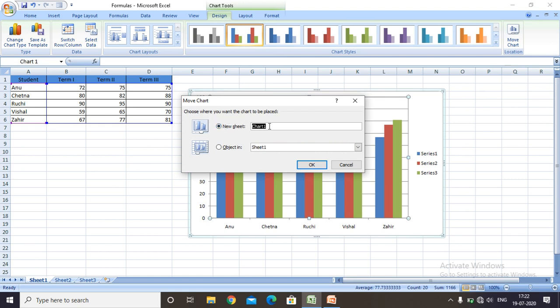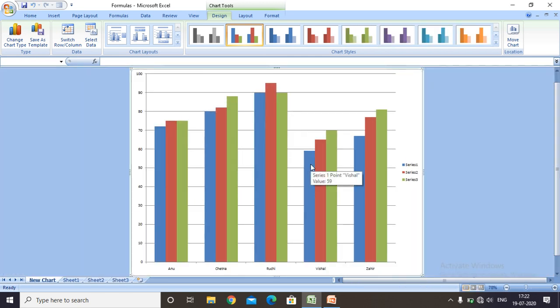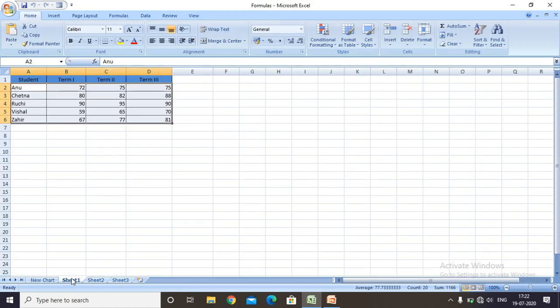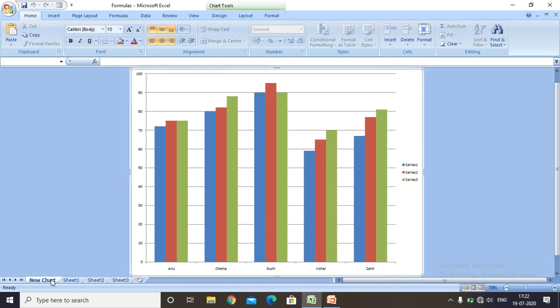I'll click on New Sheet and give it a name, New Chart. So type a name for your sheet and click on OK. Now you can see that the chart is moved to a new sheet named New Chart. This worksheet does not have any cells, rows or columns. It contains only the chart, unlike our previous sheet, where we had all the columns. So now I have moved my chart to the new chart sheet.